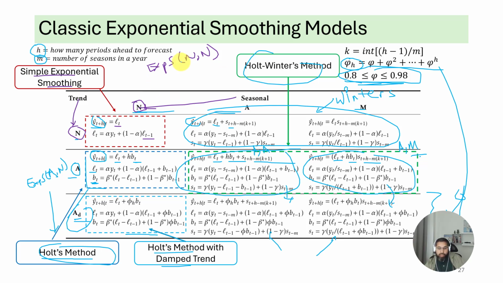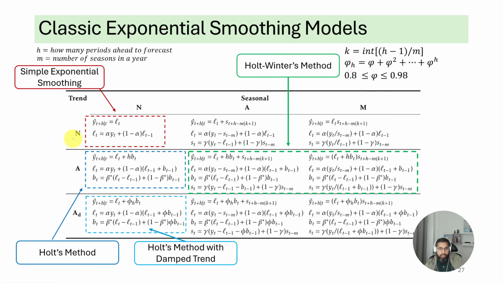So all this simple stuff, right? You don't have to know the equations, but you have to know, okay, Holt's method handles the trend, Winters handles seasonality, Holt-Winters handles trend and seasonality together, and you have to know that trend is N, A, or AD, seasonality is N, A, or M, and we can write this as exponential smoothing. Okay, or you can write it as ETS, we could put exponential here, and in brackets you'll specify, okay, if you're doing this method here, there's going to be A for trend and A for seasonality, so you write A, comma A. So that tells you which variation of the forecasting method you're using.